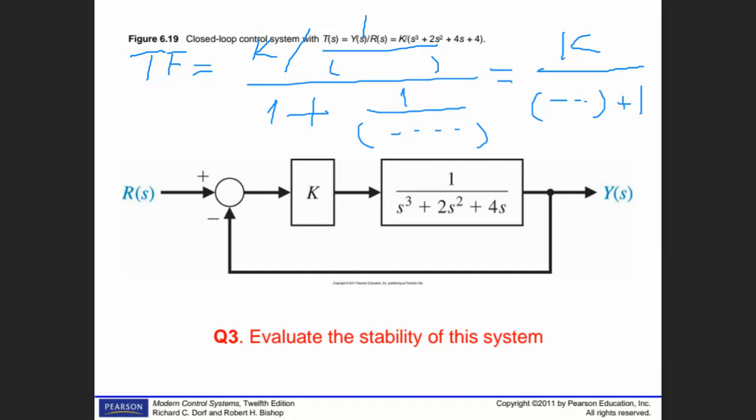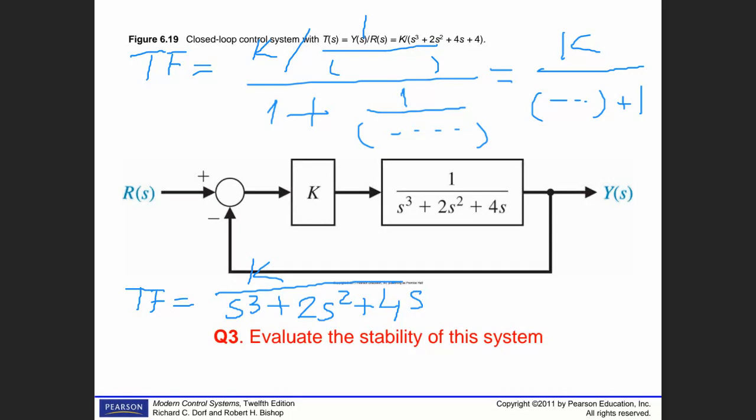Let me bring it down then. Transfer function is equal to k over s power 3 plus 2s square plus 4s